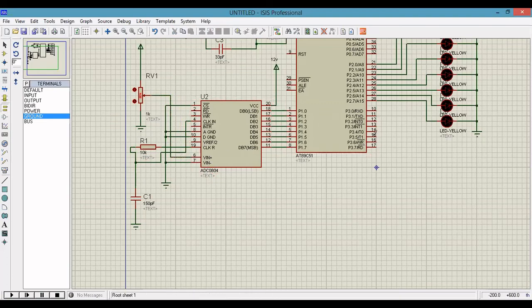Next, port 3 fourth pin is connected to the INTR. Next, fifth pin is connected to WR, that is called read. Next one is